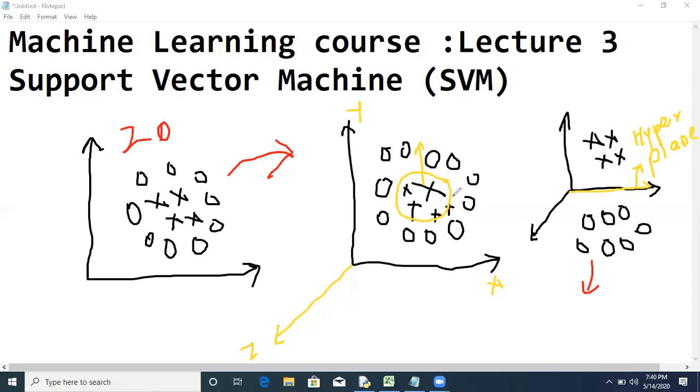So this boundary, initially this boundary was not there. Because of the shifting between 2D to 3D, we are getting this boundary, and as an output we'll get this boundary. So this is the right classification, this is the right decision boundary we will obtain at the end. So this is nothing but non-linear separation, where the data is mixed data. It is not linearly separable.